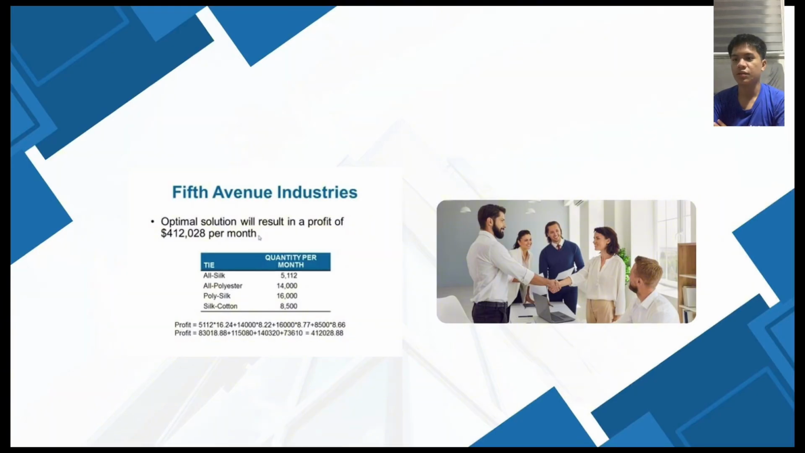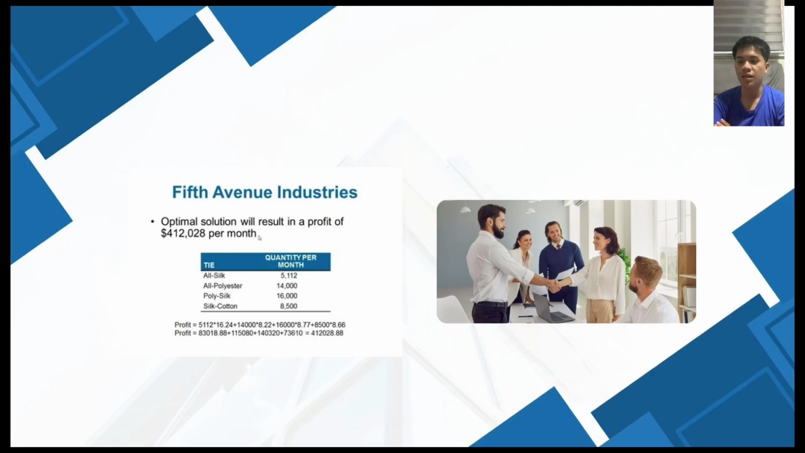So showing the result, the optimal solution recommends the following production quantities per month. Through the Excel solver, this is the result: all silk is 5,112 ties, all polyester 14,000 ties, polycotton blends 16,000 ties, then silk cotton blend 2 is 8,500 ties. So the final profit: by adhering to this mix, Fifth Avenue Industries can achieve the maximum possible profit